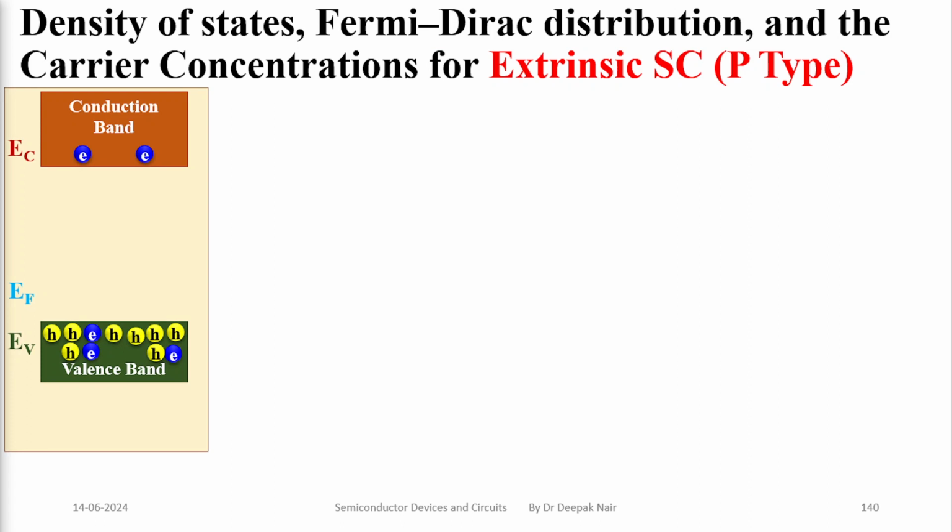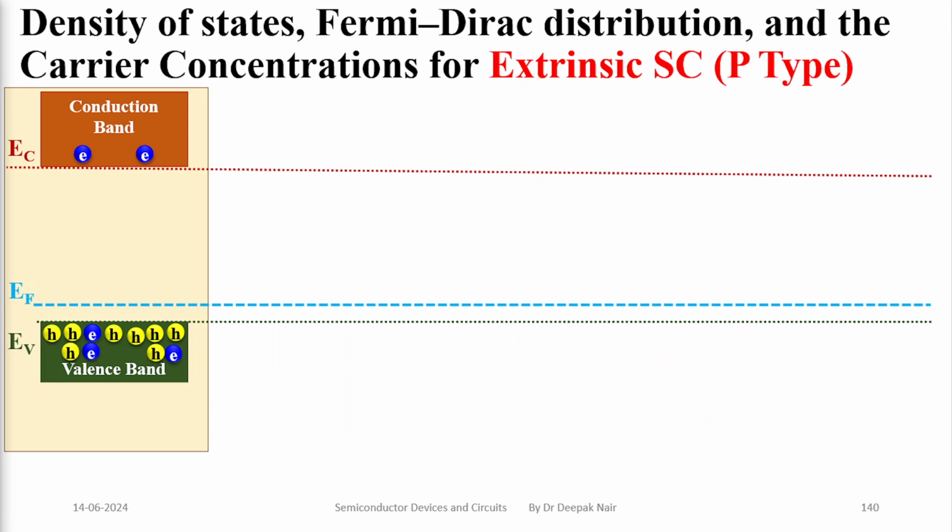So here we can recall that in a p-type semiconductor we will have a huge number of holes and very few electrons, and we have also seen that the Fermi energy moves closer to the valence band. So if we draw the lines for EC, EF and EV represented by brown, blue and green lines,